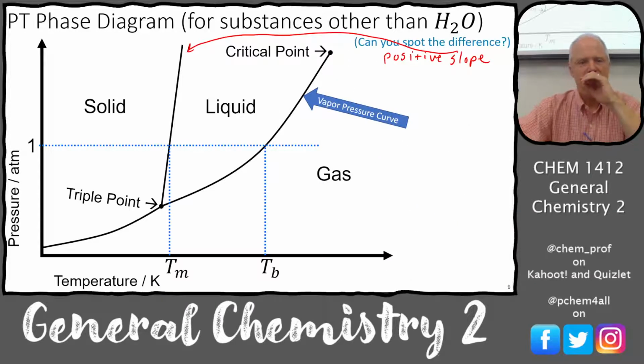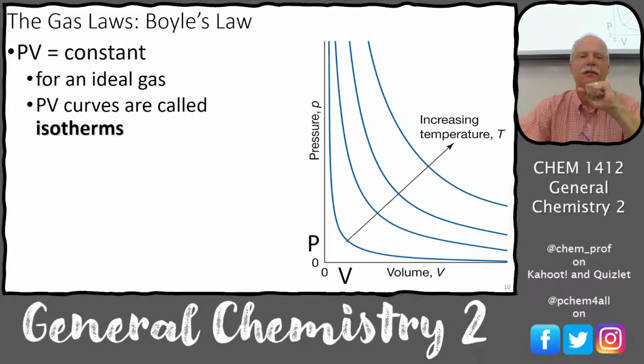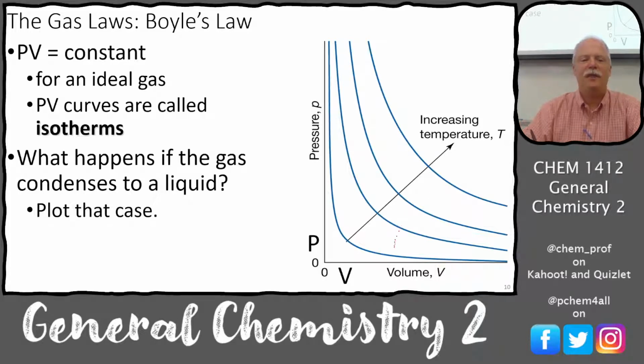Now let's focus in on what happens when we go from an ideal gas to a real gas. For an ideal gas, PV equals nRT. It equals a constant. So if P goes up, V goes down, and we have these isotherms. We have these curves for an ideal gas. We don't have condensation. But what happens if the gas condenses to a liquid? Here we're compressing that gas, the pressure is rising, and when we get to the vapor pressure of that liquid,